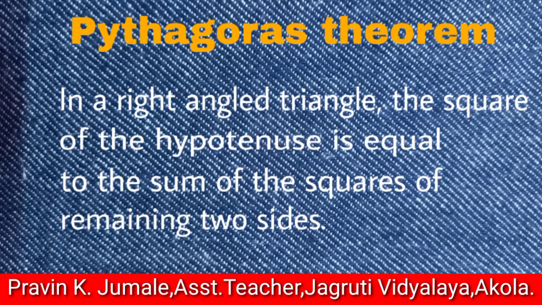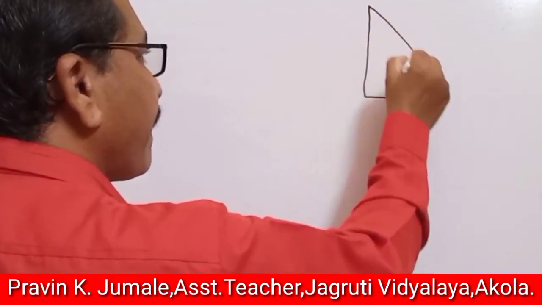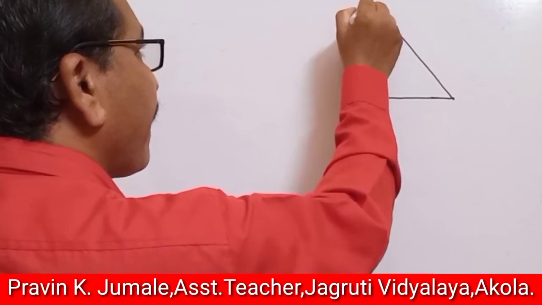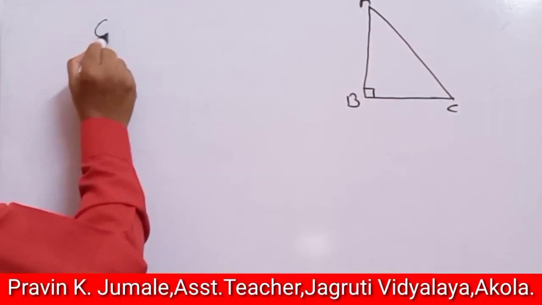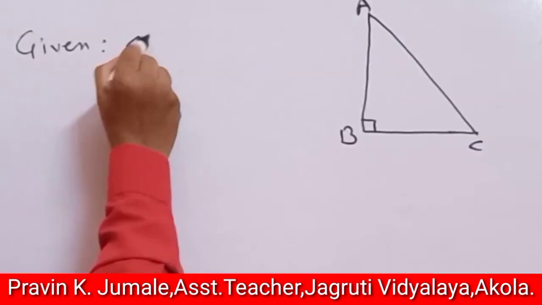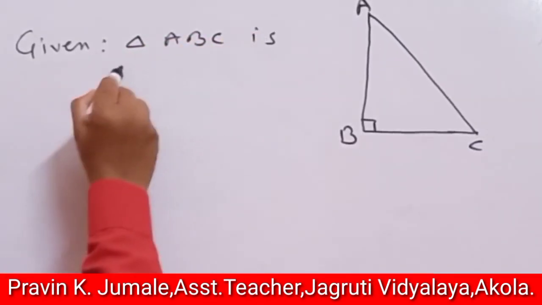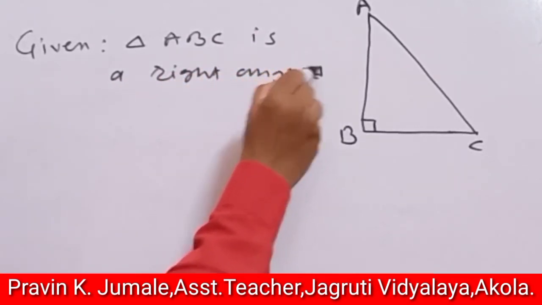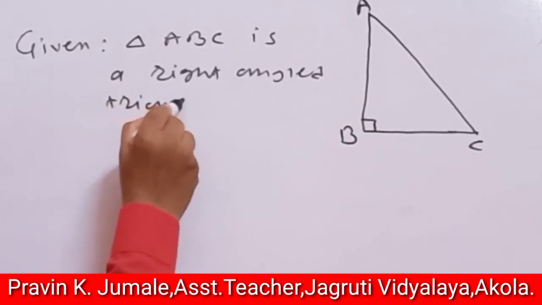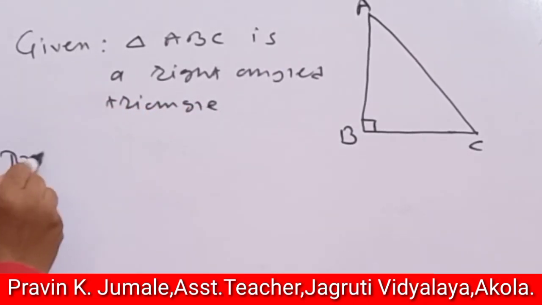Pythagoras theorem. In the right angle triangle, the square of the hypotenuse is equal to the sum of the square of remaining two sides. This is right angle triangle ABC. Given: triangle ABC is a right angle triangle. To prove: